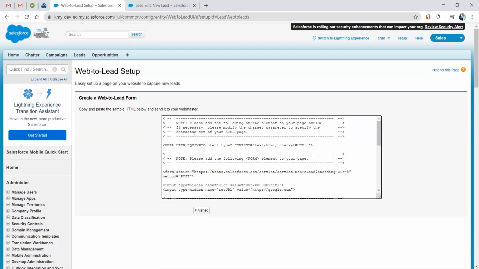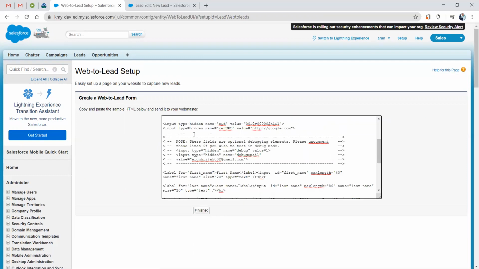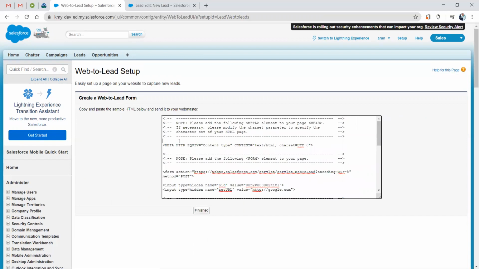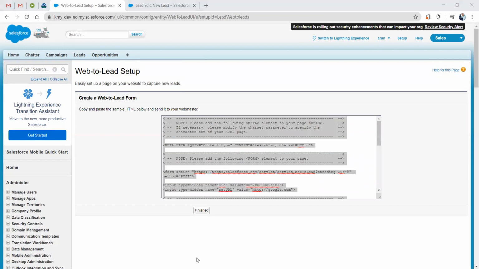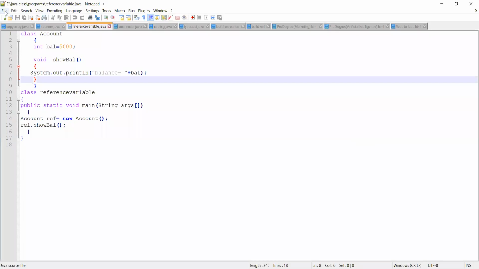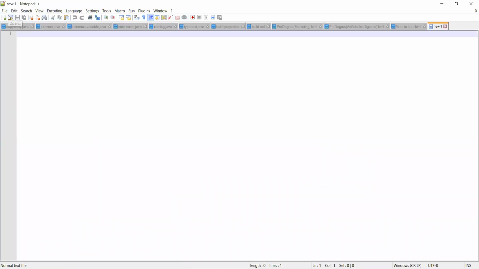Once I click on Generate, an HTML code will be generated. All you need to do is completely copy this HTML code and put it in your external editor. I'll just share the Notepad++ screen. Okay, I'm going to create a new file over here.